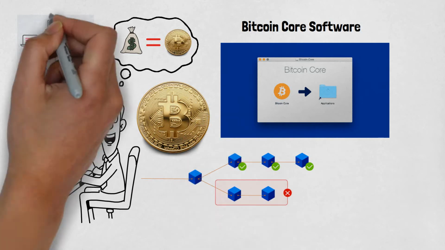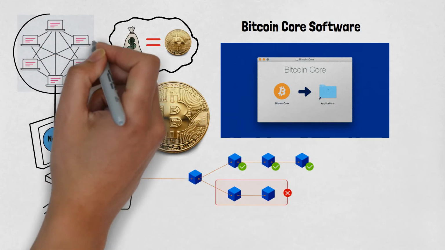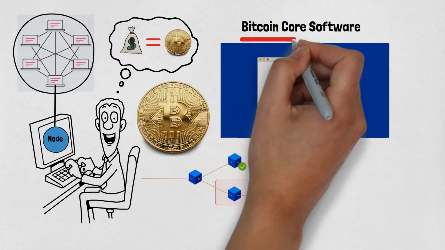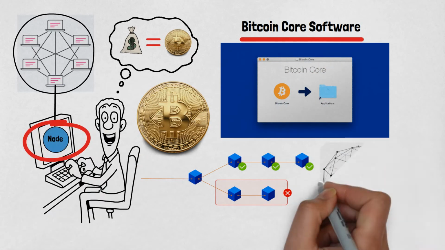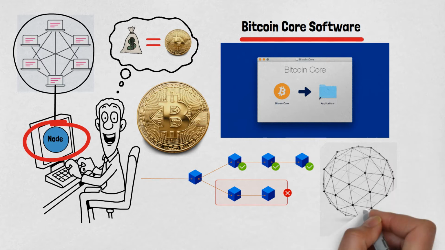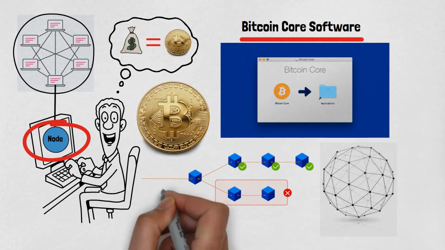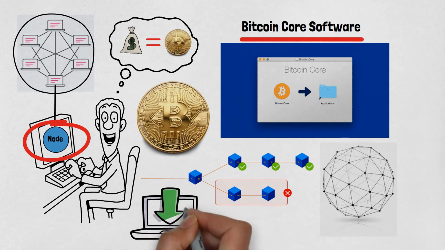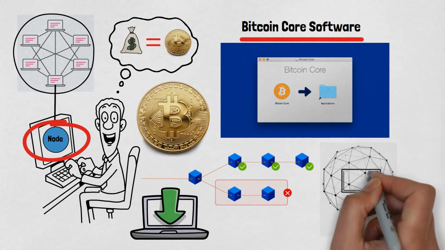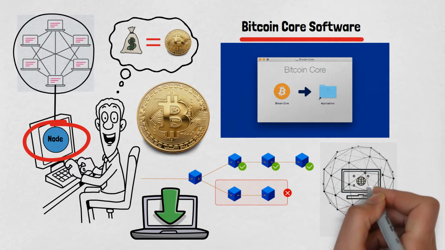There are many such people on earth who are already running this Bitcoin Core software and Sam just becomes one node of that blockchain. This is why Bitcoin is considered a decentralized network, because you can download and run this software anywhere on earth. You just need a computer and an internet connection. You can also call this the hardware requirement of the blockchain.